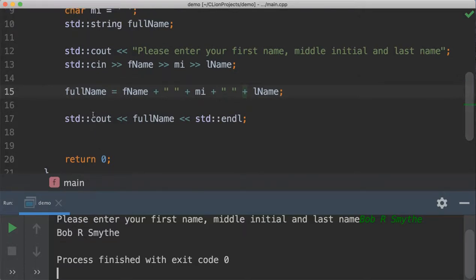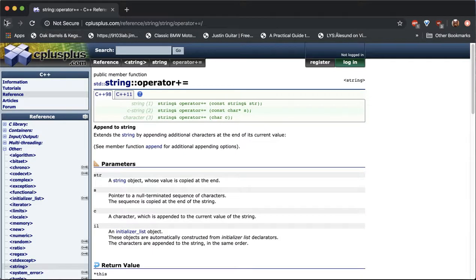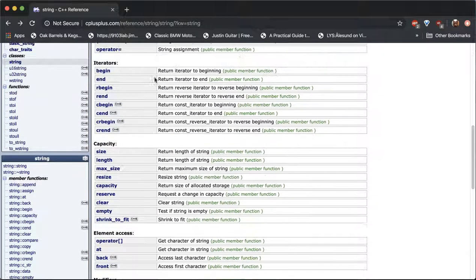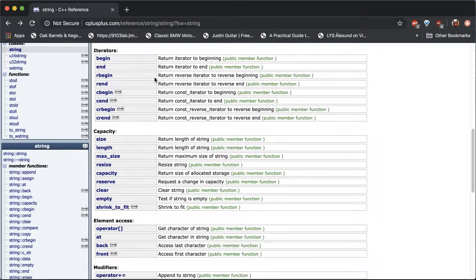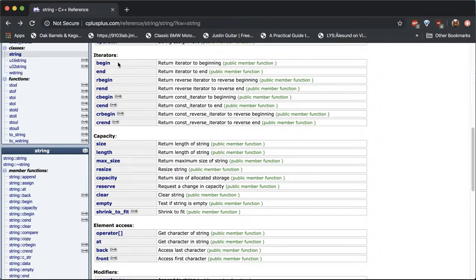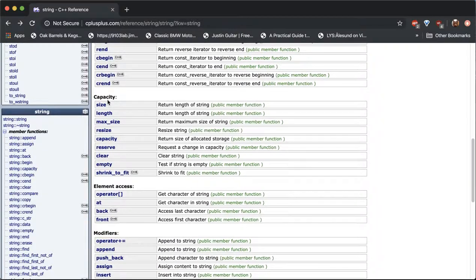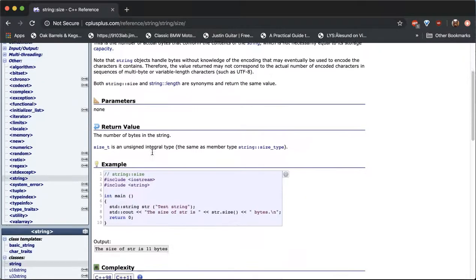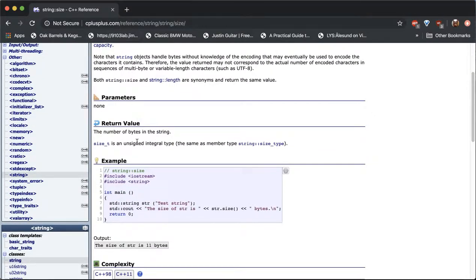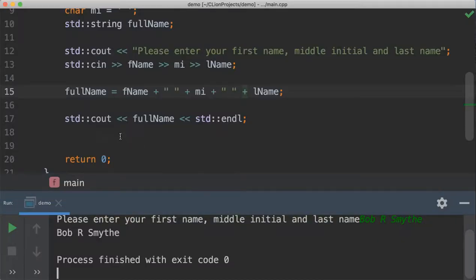Now, one of the things that's out there that lets us play a little bit more is the string library has all kinds of functions and things available to us. So we have these things called iterators. We're not going to get into it, but this just shows you the list of iterators. But here's one called capacity. In other words, what's the size of this string? And if you click on that, there are code examples. This is c++.com showing you how to use the actual size of the string, string.size. So whatever the string name is, in this case they use str for string, they use string.size to find out how big it is. So I can come down here and say,